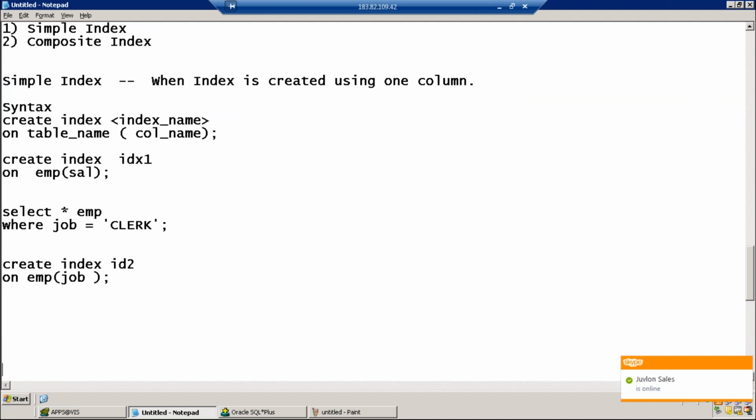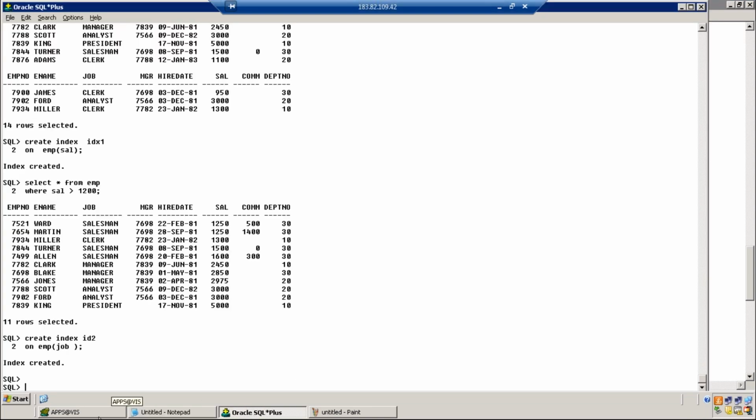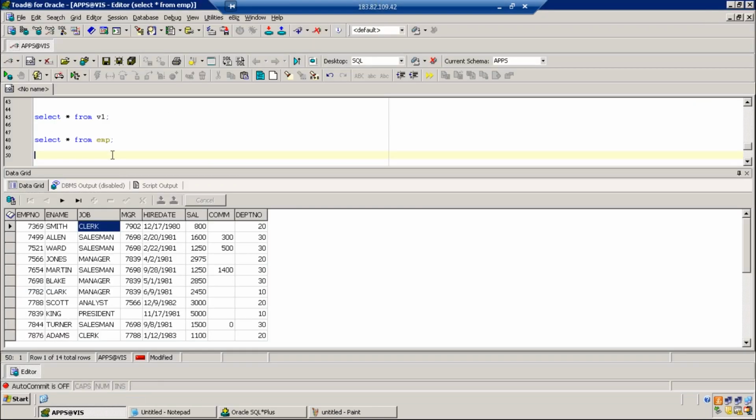Sunil, if you are using SQL Plus, how will you identify the index names? If you are using SQL Plus, you need to write a very big query to know the indexes. That is the reason we use Toad, a very powerful and easy environment.